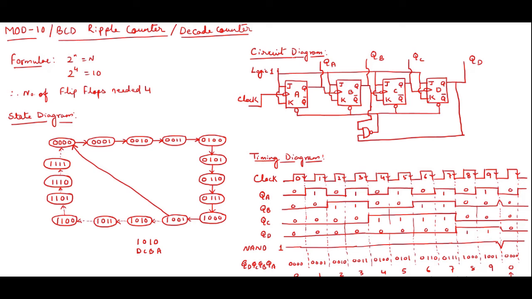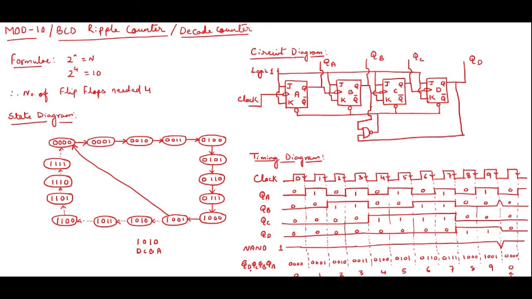So when it comes down to 0 and bounces back, it forces B, which is going to 1 because of the negative edge of A, back to 0. B should change to 1 here because of the negative edge of A, but B is forced to come down to 0. C is at 0, so it continues at 0. D was at 1, so it is also forced. You can see the glitch, it is forced to come to 0. So here I am getting 0 0 0 0. Accordingly I have put the values in the waveforms.